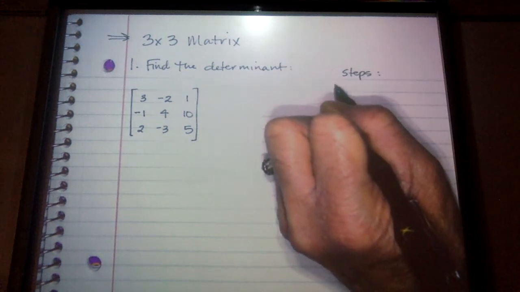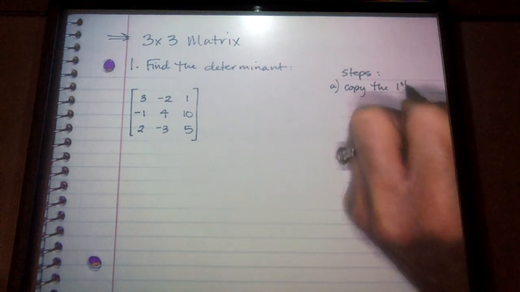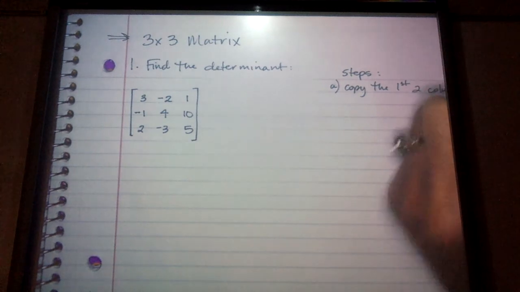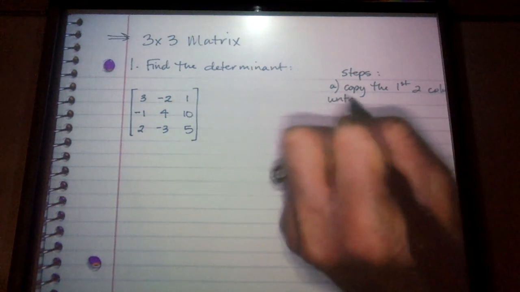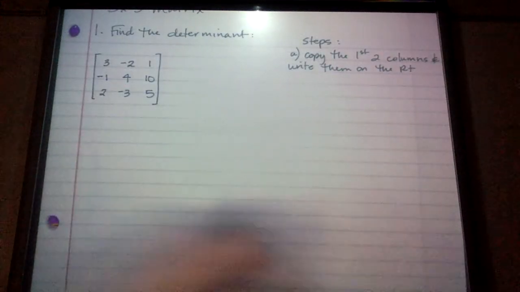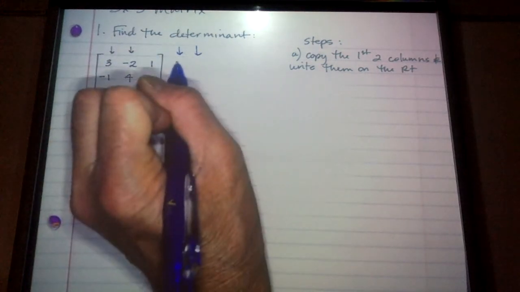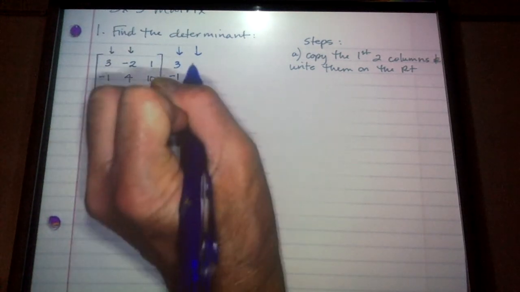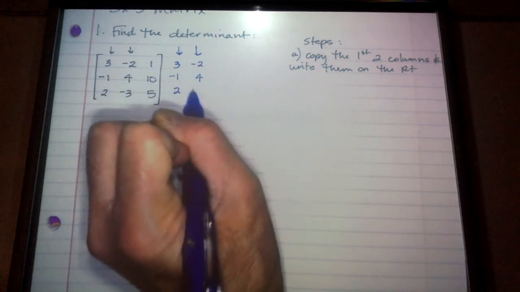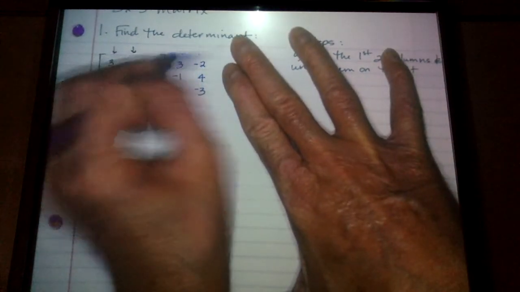So, step 1. Copy the first 2 columns and write them on the right. Okay, so here we go. Here are the first 2 columns. I'm going to copy them and write them here. Okay, so first column is 3, -1, 2, -2, 4, -3. Okay, now I'm going to erase these because I'm going to need them. All right,